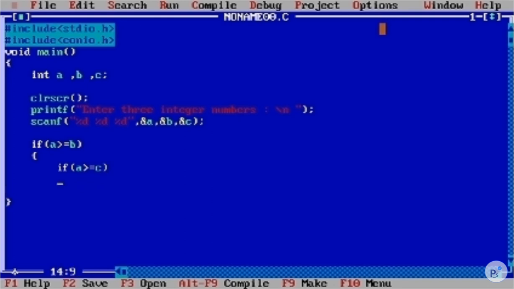That means a is greater than both of them, so we'll directly print it out: %d, a is greater. %d is for displaying the variable value, as we have stored it previously. Simple enough. Else